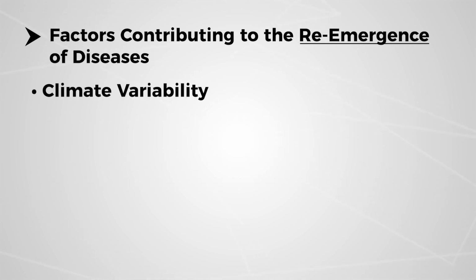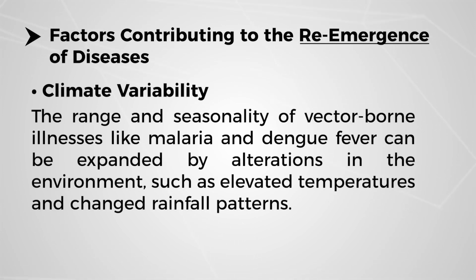Then we have also climate variability. The range and seasonality of vector-borne illnesses like malaria and dengue fever can be expanded by alterations in the environment, such as elevated temperature and changed rainfall patterns. For example, dengue is a disease that happens, if we take the case of Delhi or any part of India, during the monsoon and after the monsoon. And a study has found that if the number of rainy days within a span of 15 days is more, then the chance of dengue breeding is